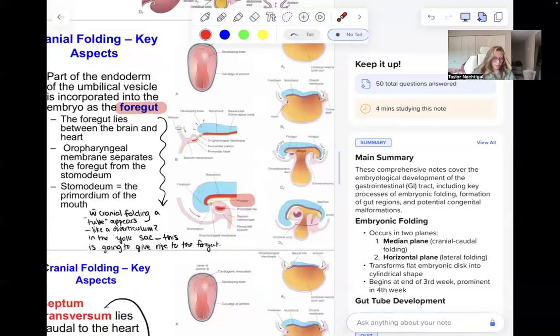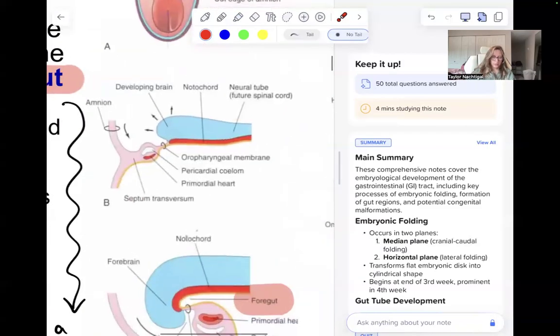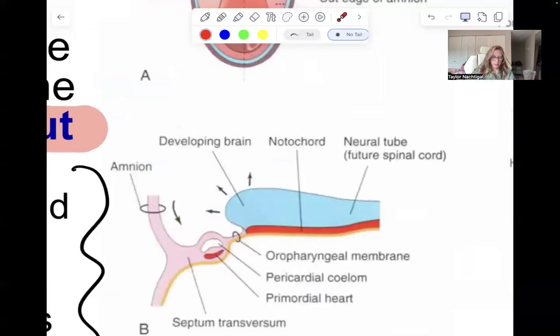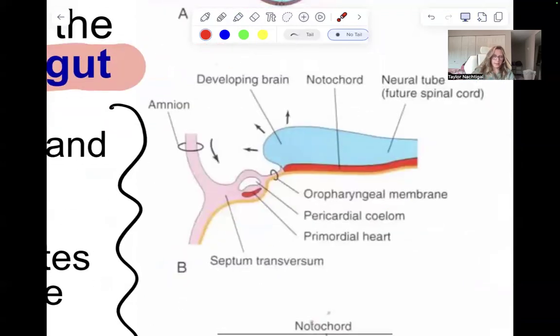So right here, let me just get rid of that, make that better for you guys. We have the oropharyngeal membrane right in front of the brain. It's like, what? That's the mouth. Why is that in front of the brain when we know our brain now is on top here and our mouth is lower down? And we also have the heart. Like, what the heck? How is the heart above the brain? Because of the folding downwards, all this stuff is getting tucked down and below the brain